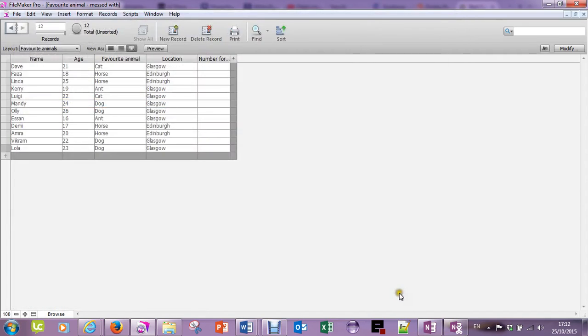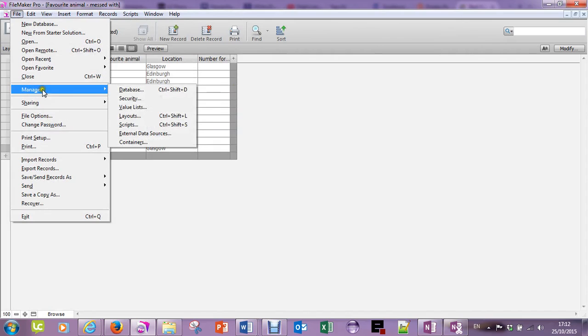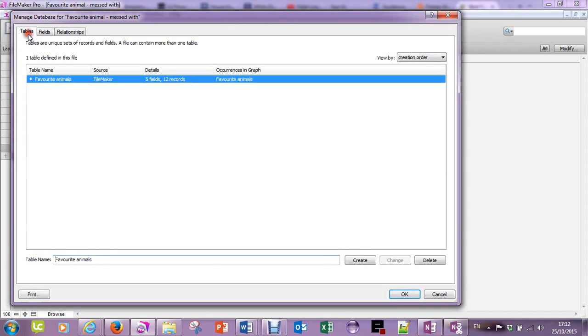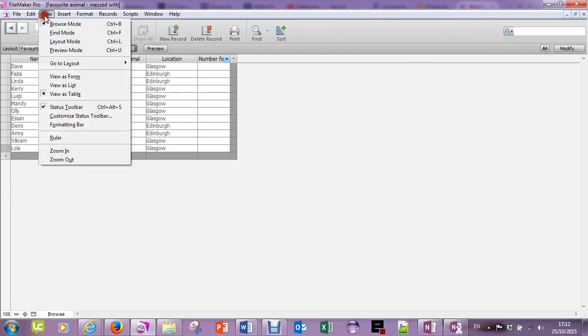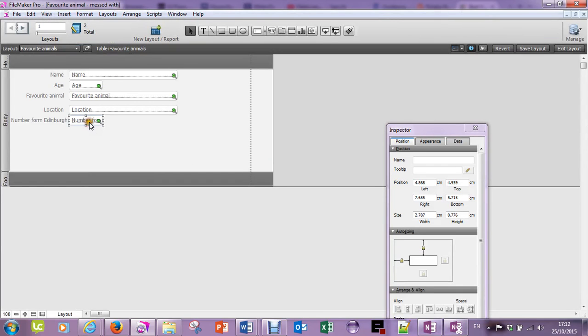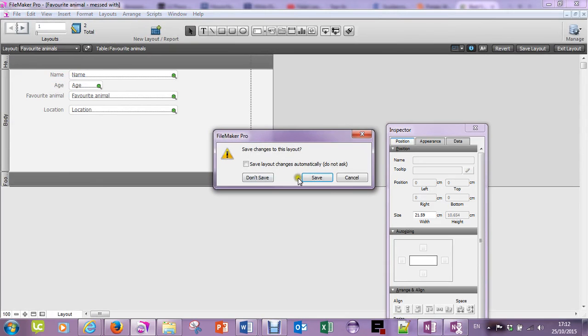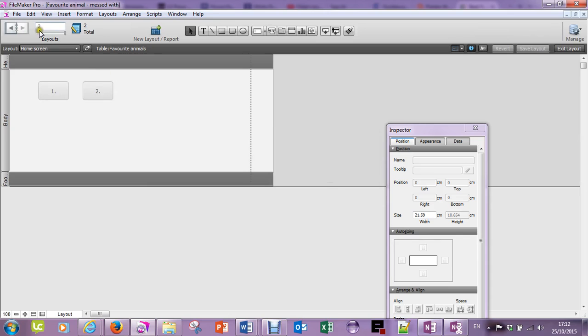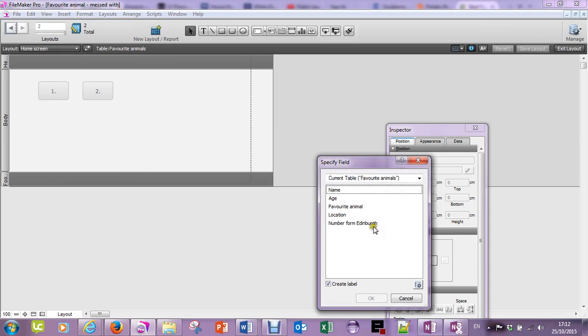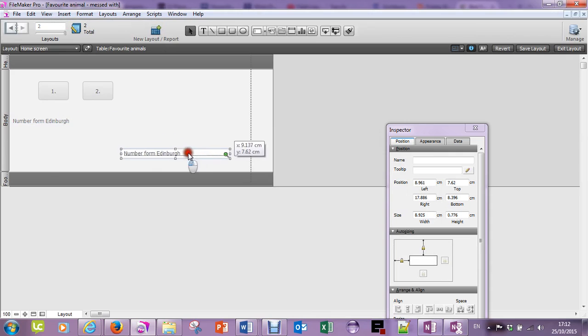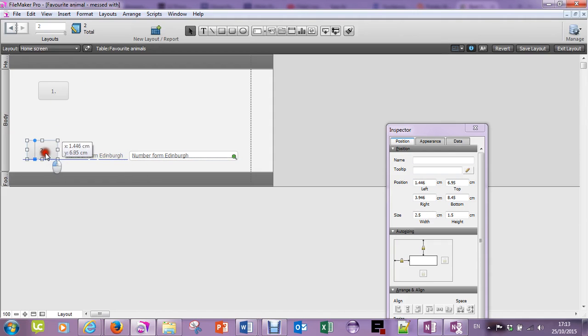So I've put OK. And I don't particularly want it on this table here, so I'm going to go to View and Layout mode, and I'm just going to take it off this layout, and I'm going to go to the home screen and just put it on here. So I'm going to insert the number from Edinburgh onto the home screen, so that when I press this button here, it'll show me how many people come from